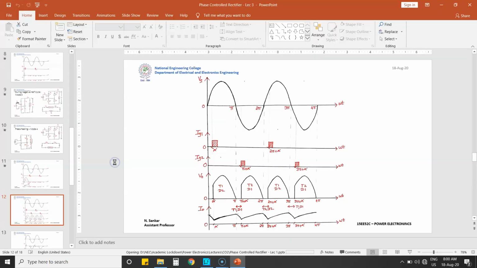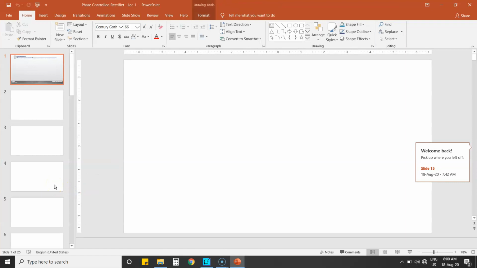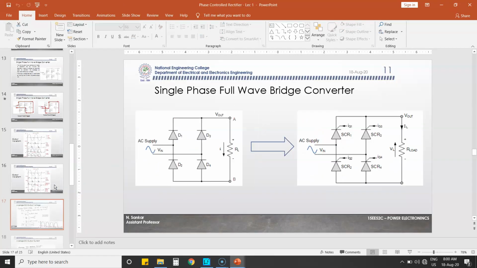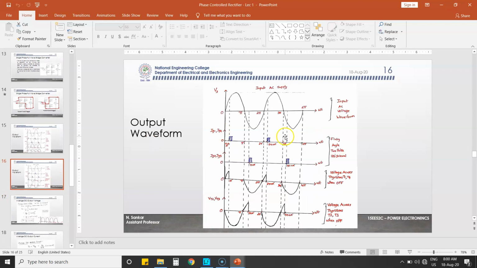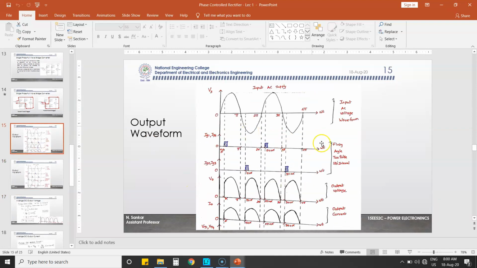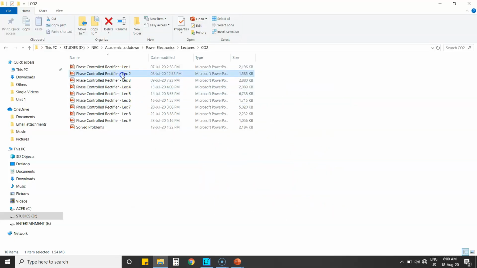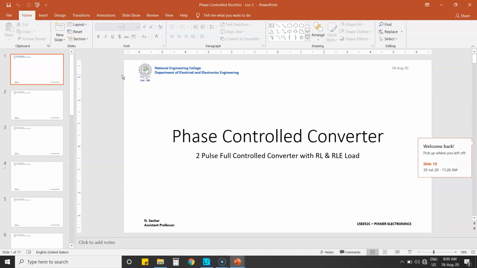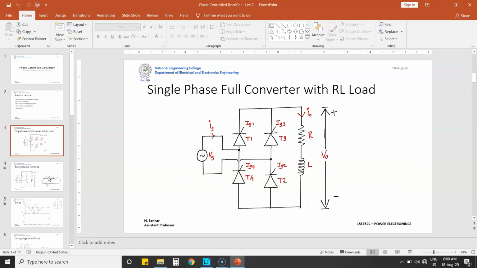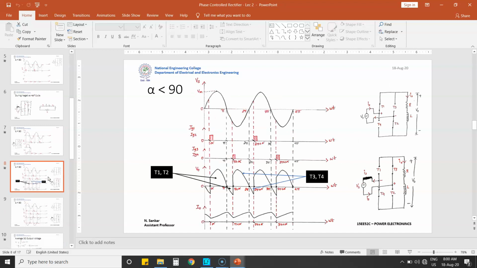Now in case of the fully controlled converter, you can see the graph. For R load, it will always be positive. This is the graph for your R load. But in case of RL load, that is the load with a series connection of resistor and inductor, this will be your final output. We will have a negative voltage from pi to pi plus alpha, and similarly from 2 pi to 2 pi plus alpha. This will vary, and here we have an option, right?